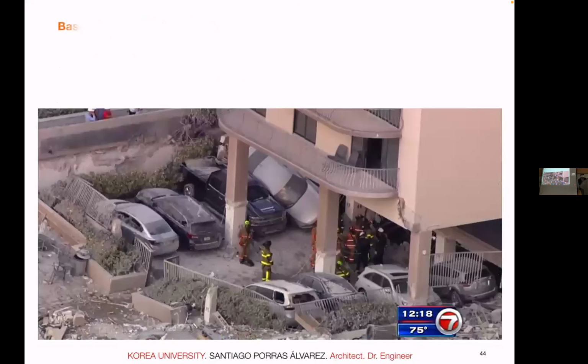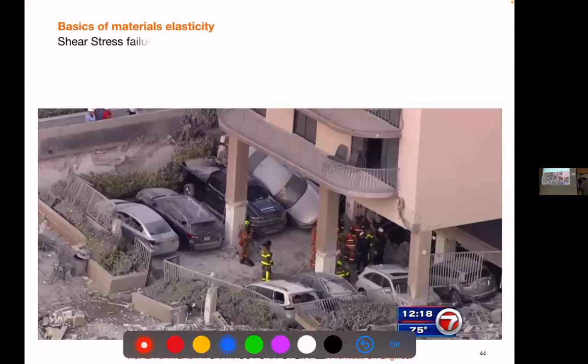If we see the photos of the collapse, there's something strange, and actually something all experts saw immediately. The eyes went through, right? This is where the parking slab was. So the parking slab just fell down and pushed the cars down. So all those cars were in this plane. You see the columns are clean.